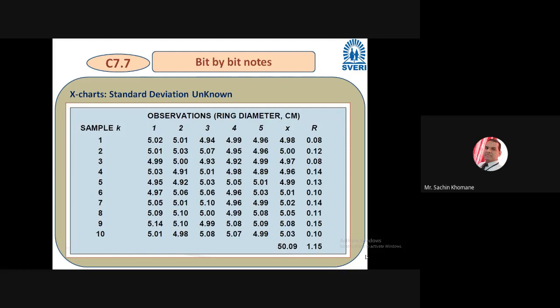Just cross verify also. Already we have calculated the X bar, or a mean, you can say. Now, if you have found the range, then you have to make the summation of range. Okay, just do the summation. If you have found the range, then go little fast from your side. From my side, all calculations I have done, so I need not spend time. But you people need to spend few minutes to do this task.